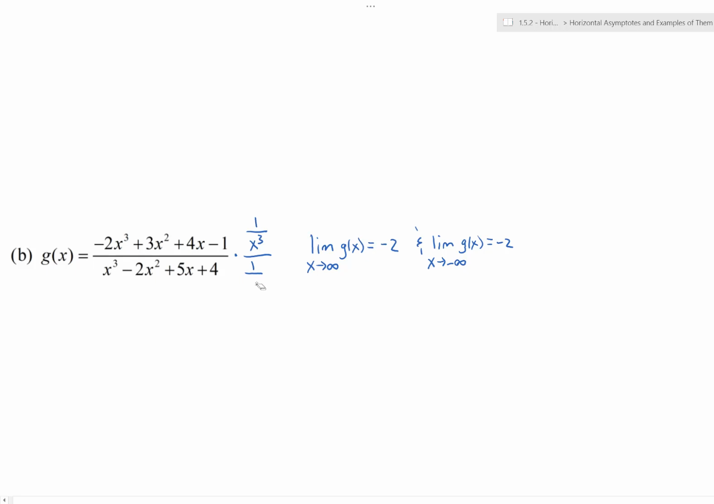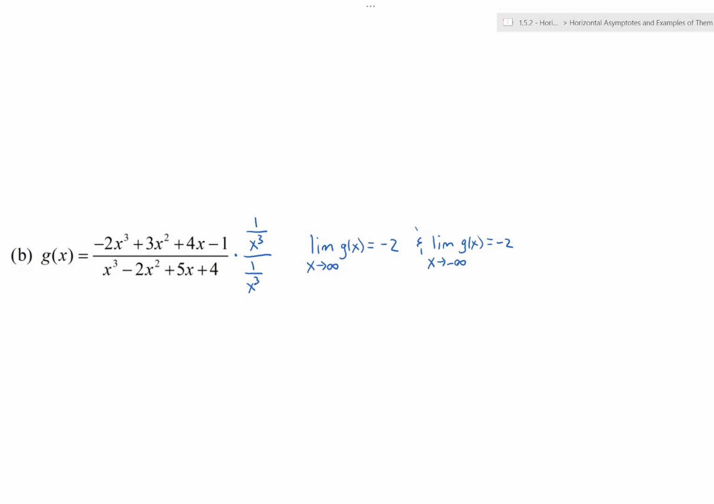Oops, I wrote a 4. Should be a 3. Like so. Again, it's the highest degree out of all the terms that we see in a rational function. We can apply this method if we are talking about x going to infinity or negative infinity. Because, of course, if I divide 1 by x cubed, I have to worry about it being undefined. Since x is 0, that will make it undefined, but we don't care about that since we're looking at the long-run